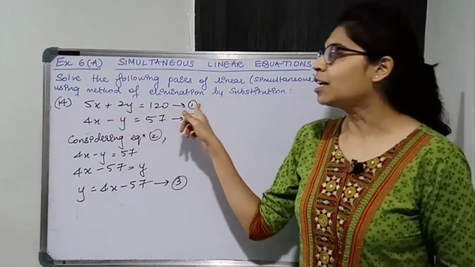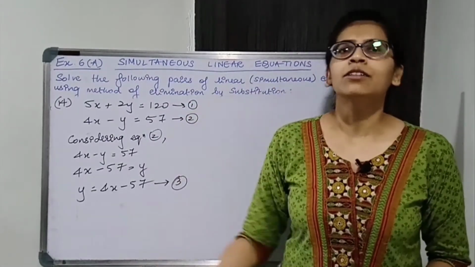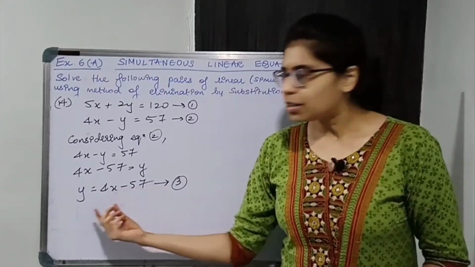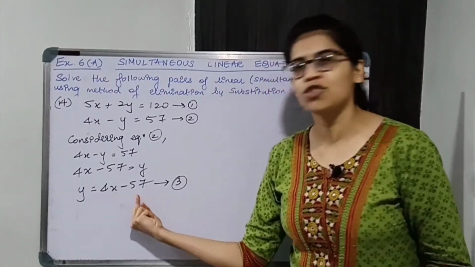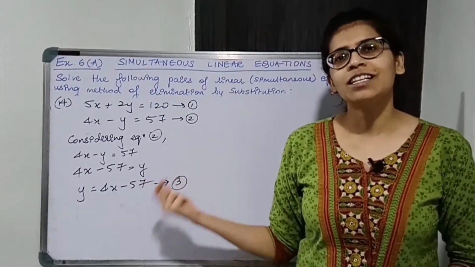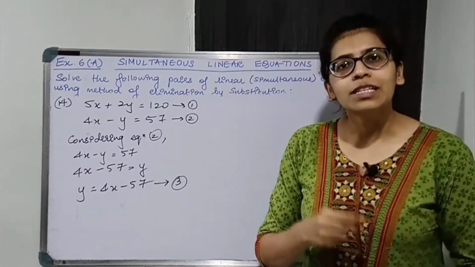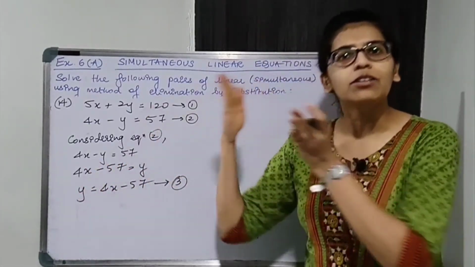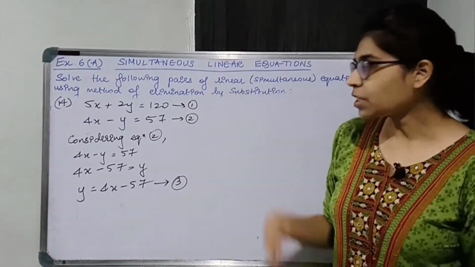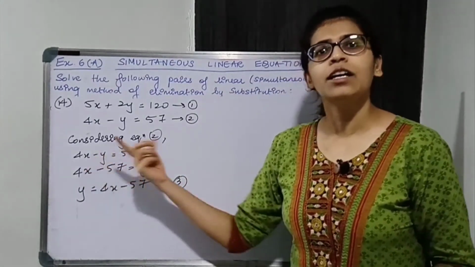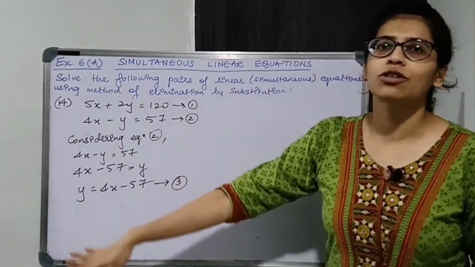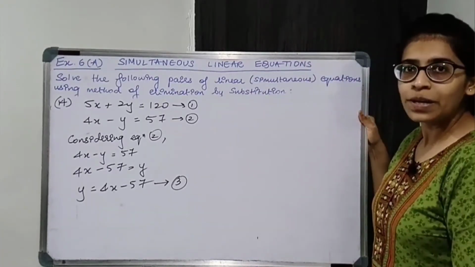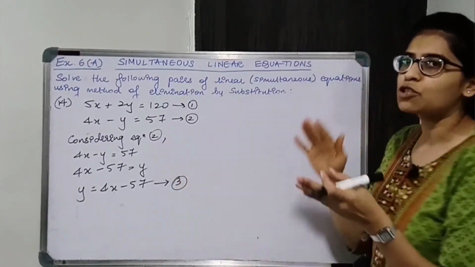You could have considered 1. X या y को you can express in terms of the other variable. Alright, that is also correct method. That would be a little more tricky method compared to this because यहाँ पे कोई fraction नहीं मिल रहा है. Okay, so this is the reason I tell you कि coefficient 1 मिल रहा है, तो consider that equation and वो variable को you will keep as it is, shift the terms on the other side. Okay, this was a rare case where we are getting negative y, so y को ही shift कर दिया and rest of the terms on the other side. Okay, now we'll substitute this in the other equation. So हम लोग ने 2 consider किया था, we'll substitute in 1.